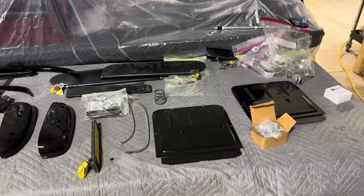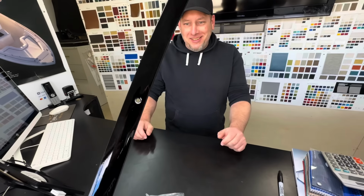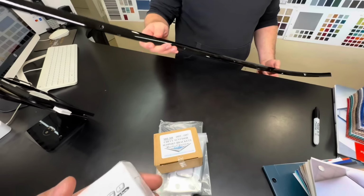Looks like you got a handful of goodies. There's that trim piece you needed. Last piece of the puzzle right there. Good. Well, one of the last pieces. I've got